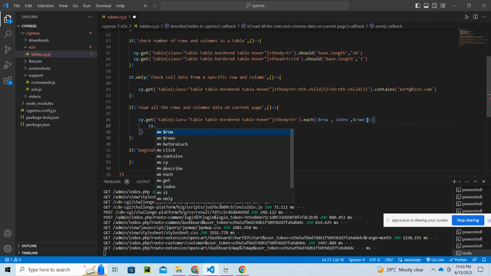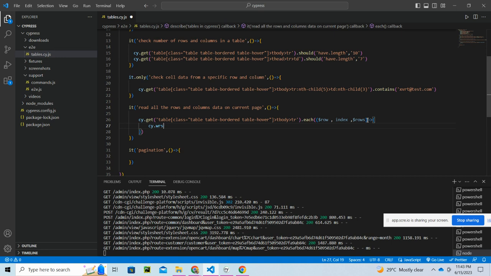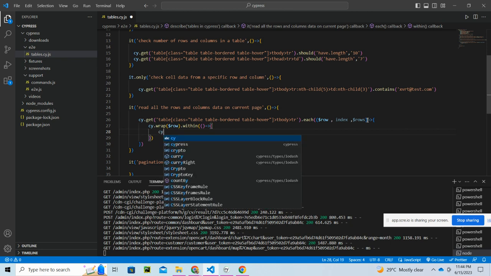We'll be wrapping using the wrap function for wrapping all the content, and inside the wrap we'll be passing $row for that particular row, and inside that we'll be using the within function. That means for that particular row, within that particular row, I want to have the text of the column of that particular row. So within, again the arrow function, and inside that cy.get,